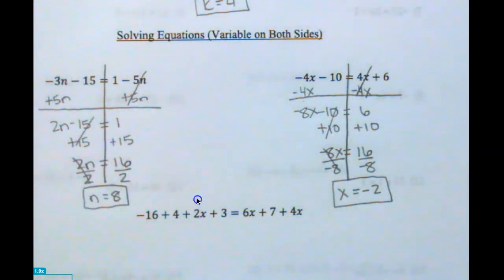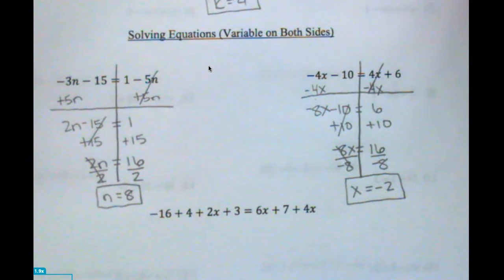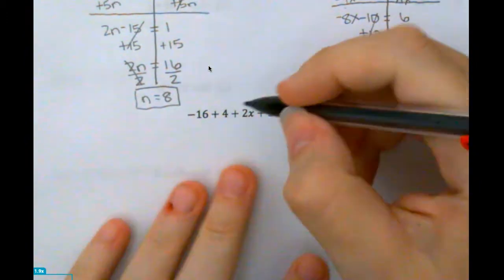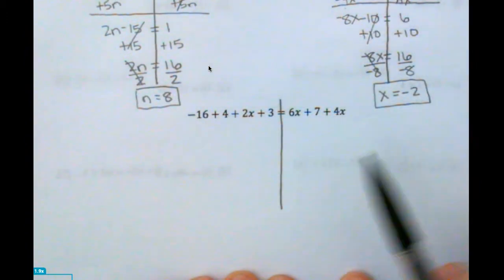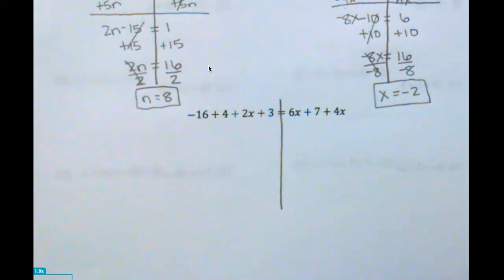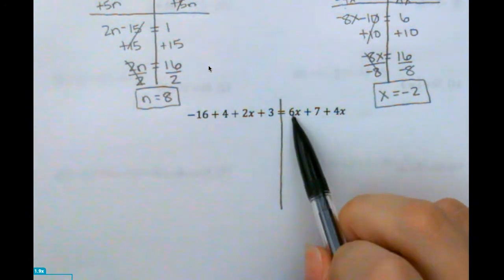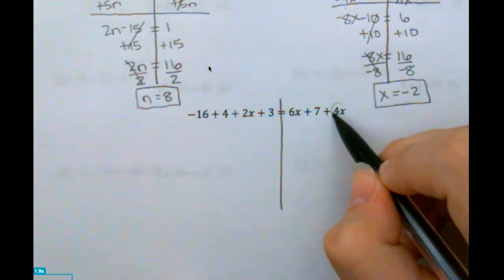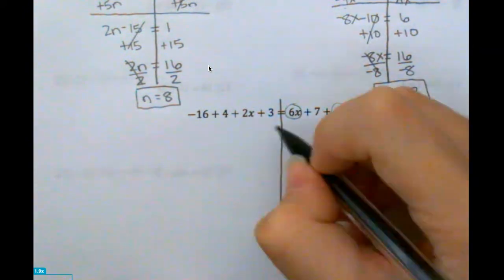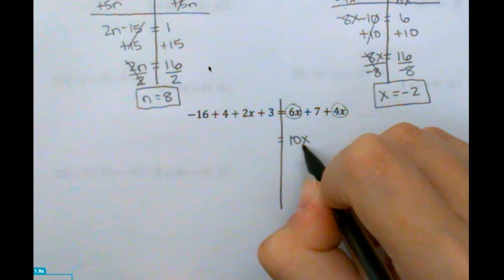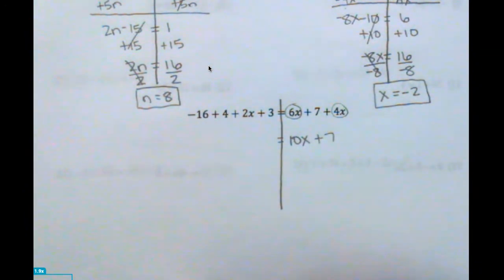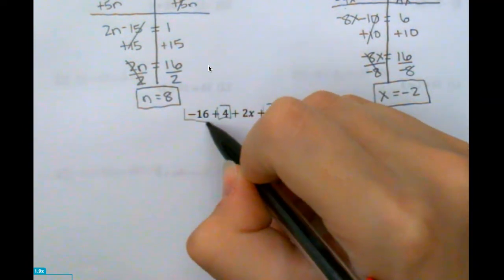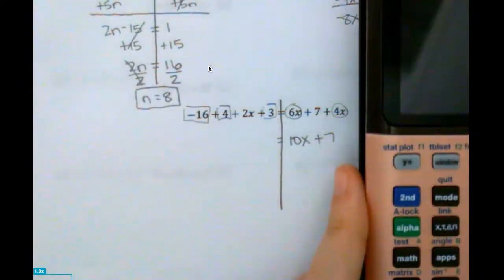And then the last example that I'd like to talk about is one where we have to combine like terms first. So I'm going to draw my line like normal here, but I'm going to notice that before I start adding or subtracting anything, I'm going to look for like terms. And we've talked about this in Learning Target 2.1. On the right side, I have 6x and 4x. Those two things are like terms, so I'm going to combine that into 10x and bring down the 7. And over here, I've got a 3, a 4, and a -16 that I can combine. I'm going to use my calculator for that